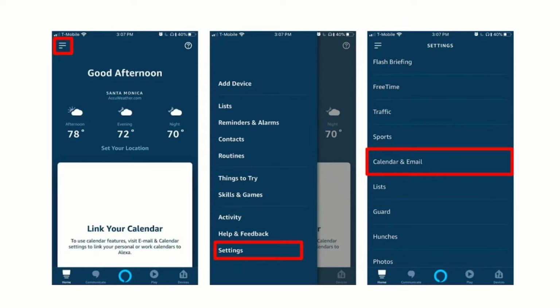So open your Alexa application and then tap on settings. After tapping it, find the settings word and then click it. After clicking it, you have to head to the calendar and email. After heading here, you will find all the available accounts that you can connect your Alexa to, which is